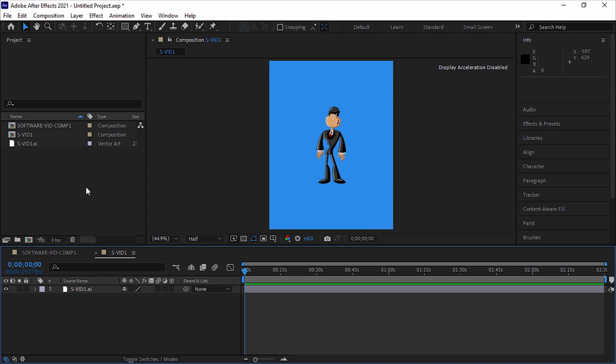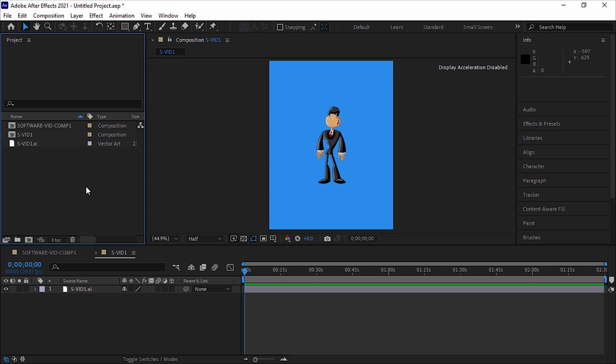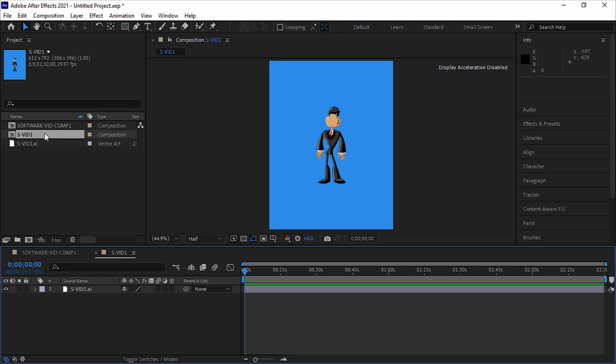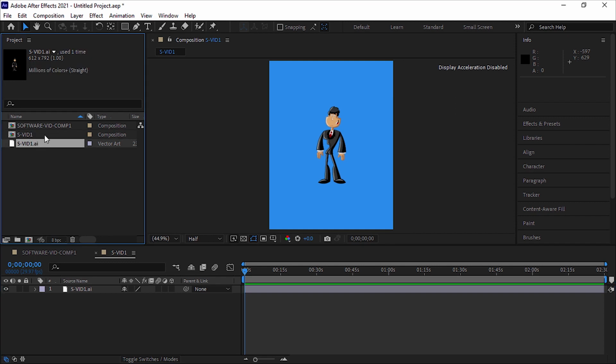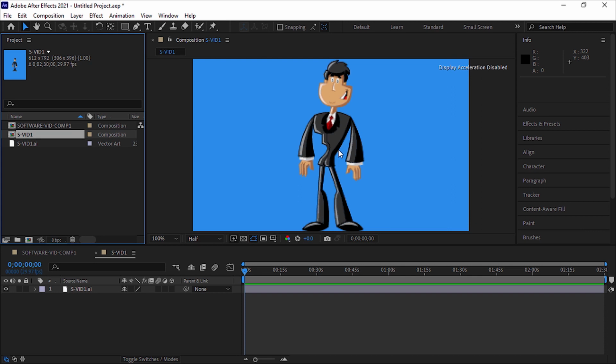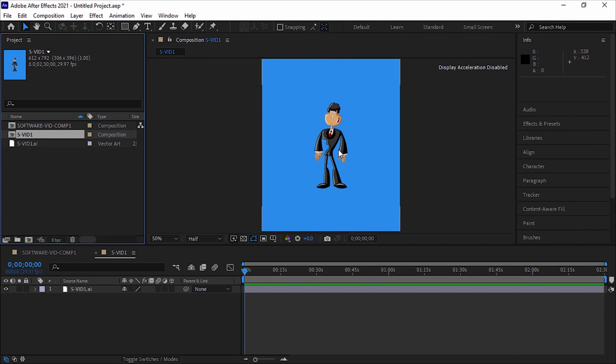Tip: Before using the file and dragging it to the timeline, you can see a preview of it in the Footage panel. To do this, simply double-click on the file you want in the project panel to open the Footage panel and display a preview of the selected file. Of course, you can easily call this panel from the Windows menu.